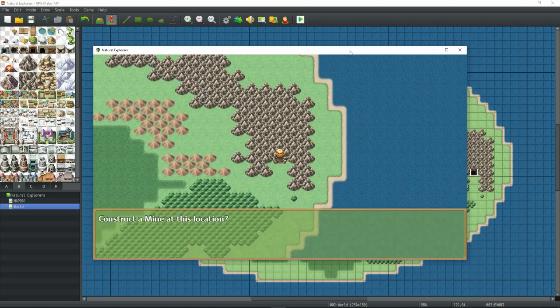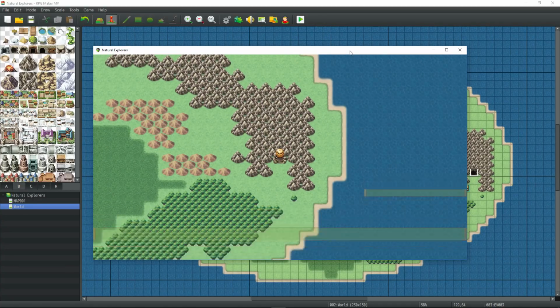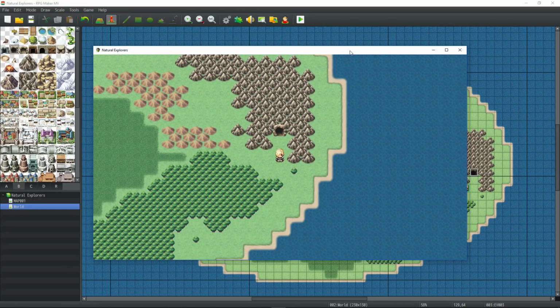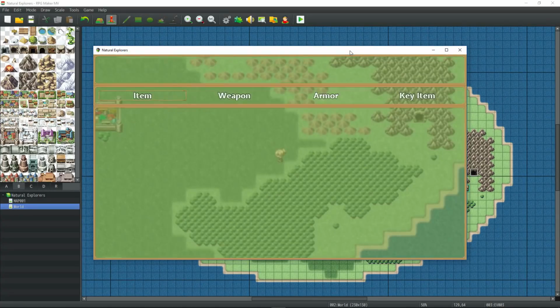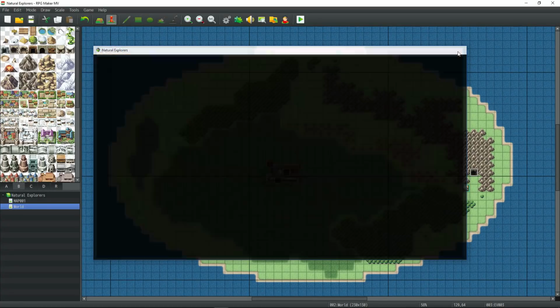Now we have the money. So if we say yes, we built a mine there. We need to change the event now because the mine is currently active. The mine is going to be checking if we have pickaxes, and we probably need to do some sort of